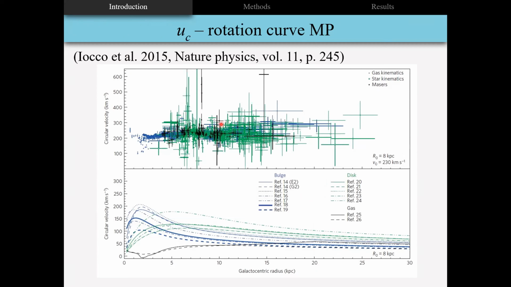So at the time of writing my PhD, this was the newest collection of data, but also one of the best compilations even today. Here you can see even, let's say, 20, 30 kiloparsecs, some measurements, but what we are mostly interested in is this part, let's say between 5 and 10 kiloparsecs.